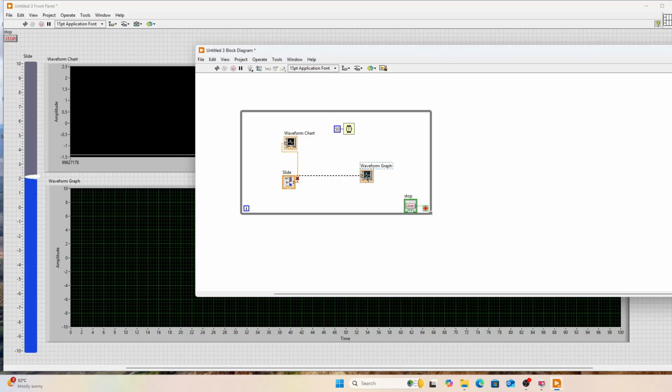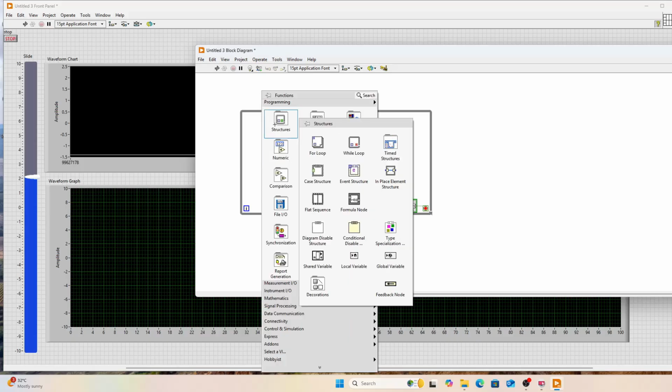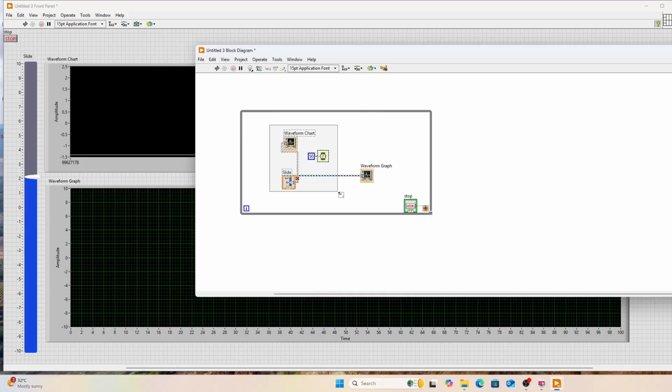So we need to convert this into an array. That is, every point must be taken and should be given to the waveform graph as a single array. So the best way to do that right now is to put this in a for loop. And you notice what has happened is it has created a small auto index tunnel, which means for every iteration, the output of the slide value is taken, it is appended to an array, and then it is sent to the graph. So let's set the number of